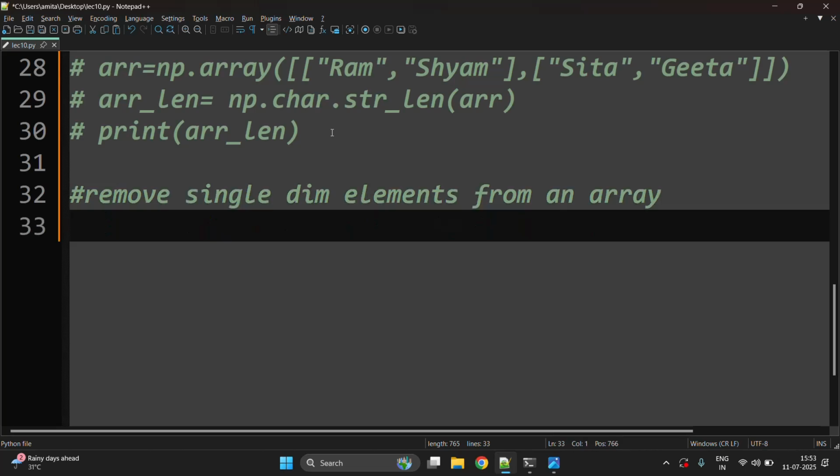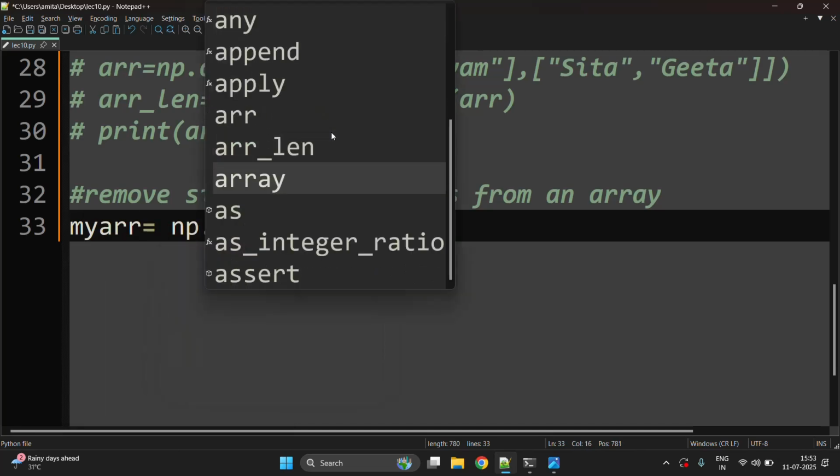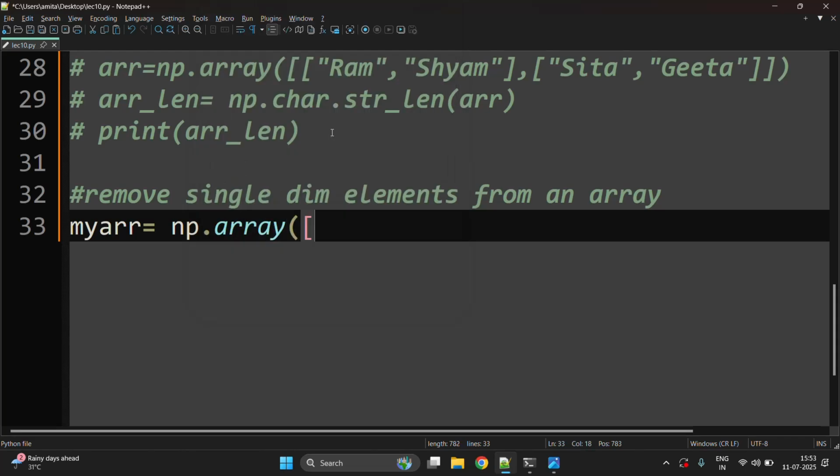So if we take some array, let's say my_array is equal to np.array, parenthesis, and let's say 2 comma 2 comma 2. Then again if we take the same thing with parentheses, if we take it like this,